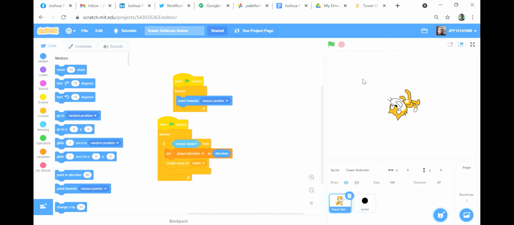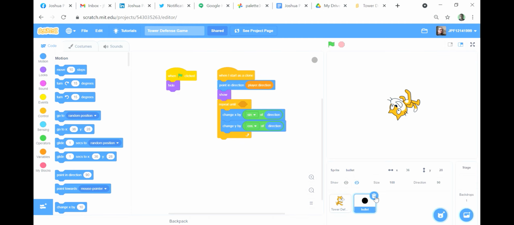Hello everyone. For this tutorial video, I'd like to explain how to make the bullets realistically disappear when they go off the edge of the screen, instead of sliding on the edge of the screen like they do now. In particular, if we were to go to the bullet script, and remember from the last tutorial video that we chose to use repeat until a specific condition, we can fill in the conditional now